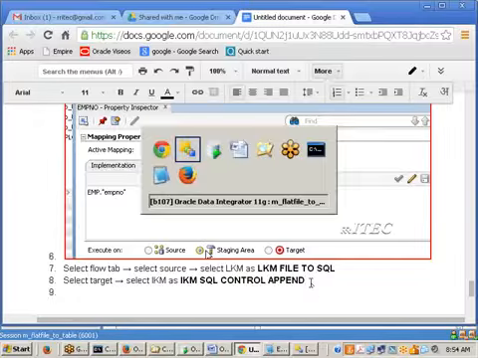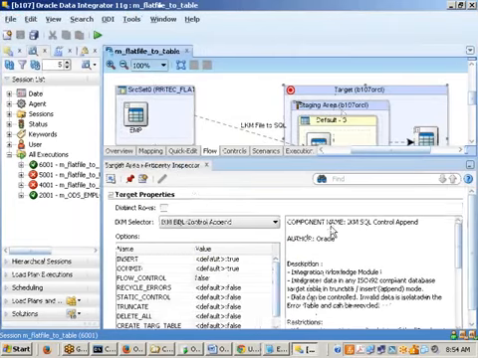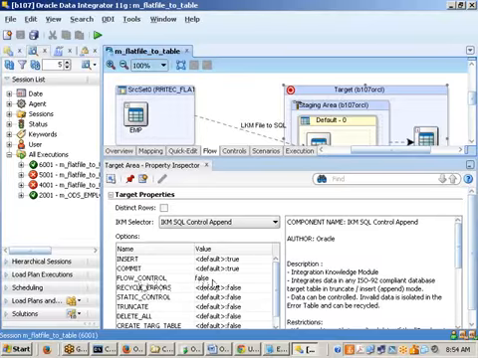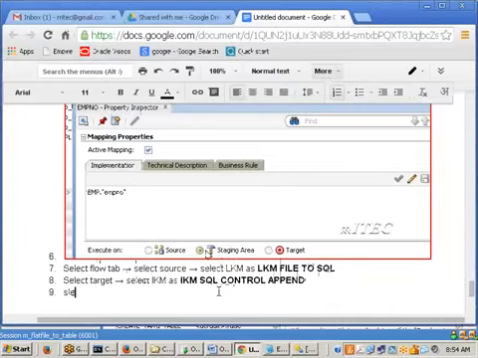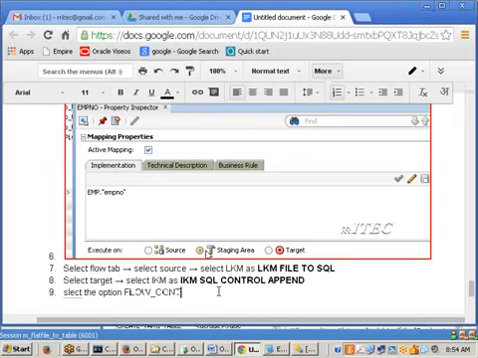Next, one more point is available. What is that? Once you selected this one, then we need to make flow control is equal to false, right? Select the option flow underscore control is equal to false, select flow control is equal to false, save it,